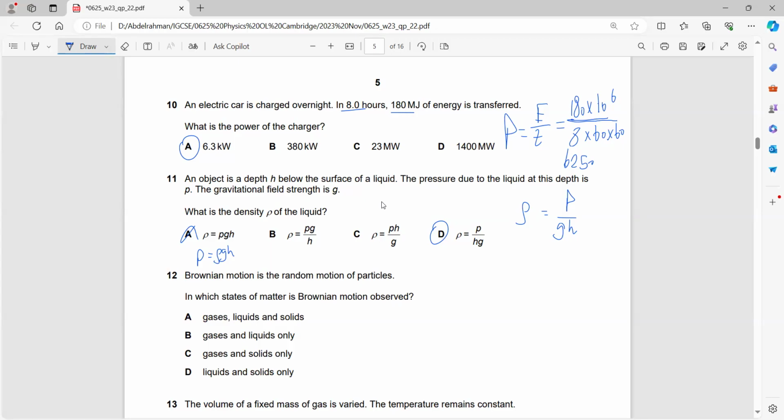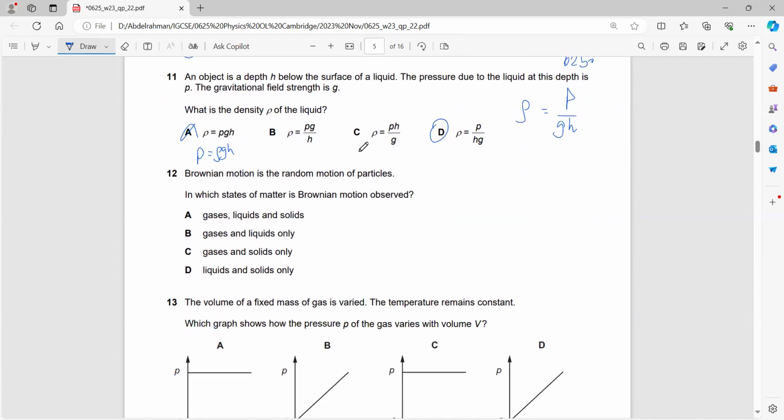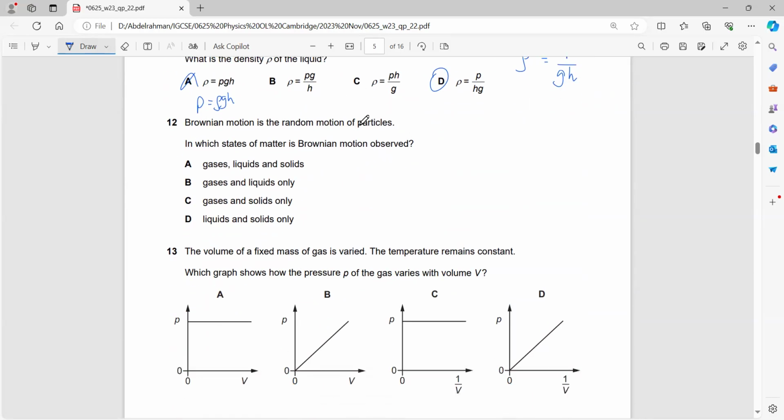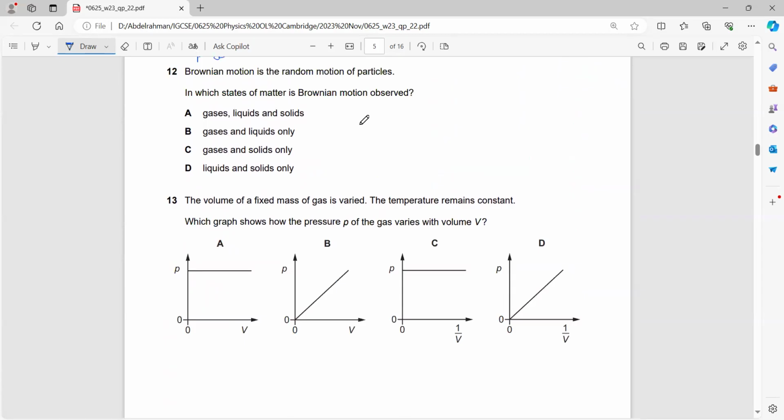All of the mistakes me and Farida make are because of the pressure and liquid questions. You need to really concentrate on these questions. Honestly, this is the only problem with paper two. Paper two is really easy, but the only problem with it is these stupid questions. You lose really, really stupid marks on these questions. Please try to not lose these marks.